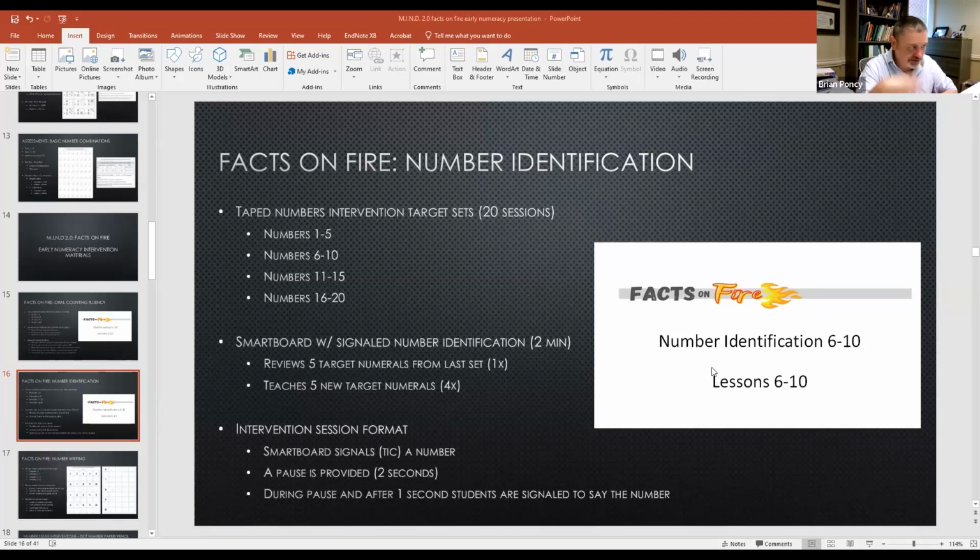And so in this session format, the smart board basically will show a number and it'll tick to kind of signal, here's the number. A 2-second delay is given where kids are signaled to say the number, and then the PowerPoint says the number. And so it basically cues it. We signal kids to retrieve it, and then we provide immediate feedback on whether the correct response was made. Okay, and since this is group administered, we're going to obviously